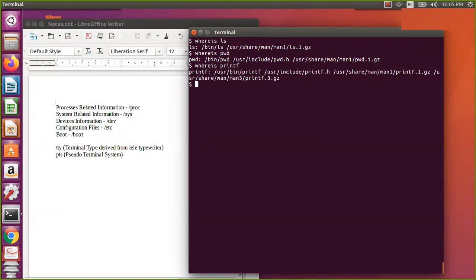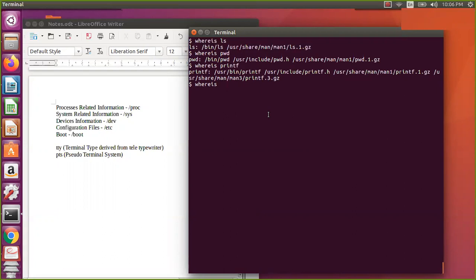Printf is available in /usr/bin, and also the header file and the manual page, along with two manual pages, man1 and man3. We'll see the detail in the upcoming documentation unit.